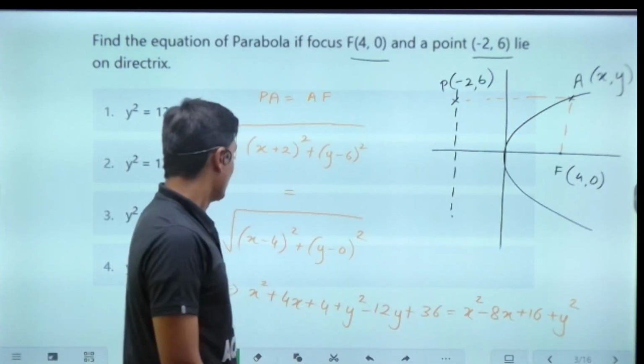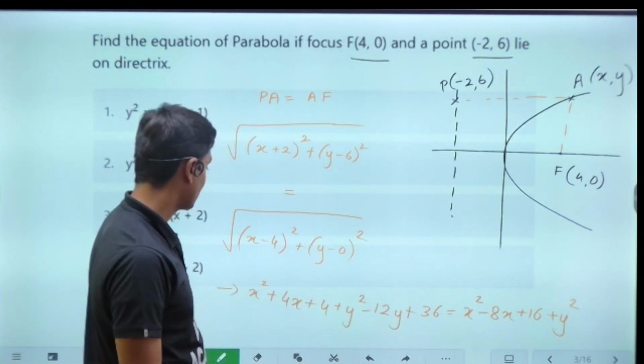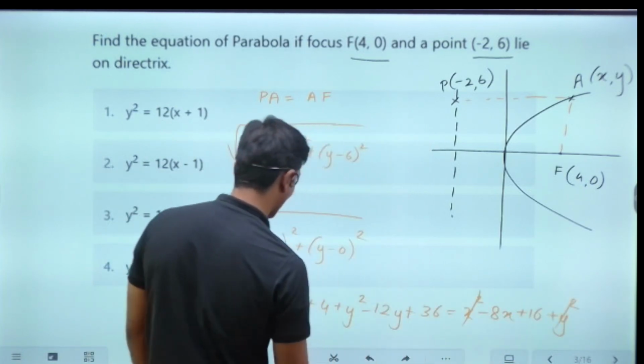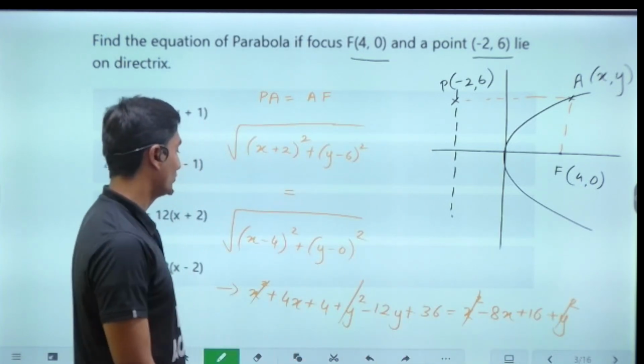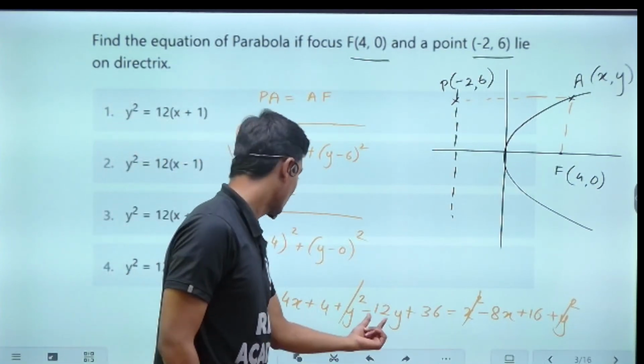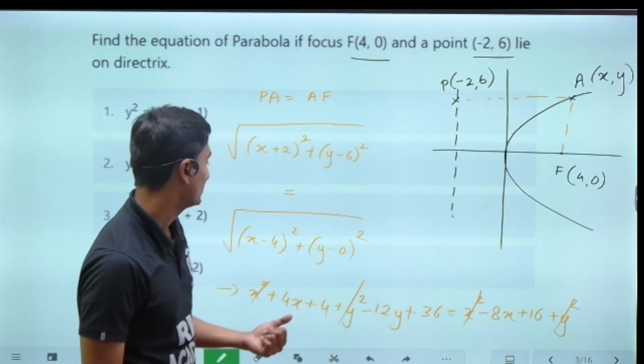Okay, so now here, guys, basically x square and y square on the left hand side and right hand side, they'll both get cancelled out. x square, y square and y square. So now you'll have to simplify this particular equation. So negative of 12y, and this will be what? If you take that on the